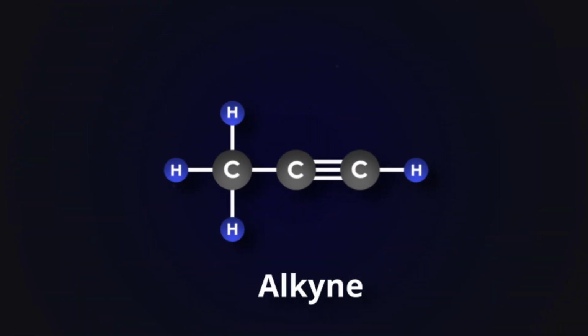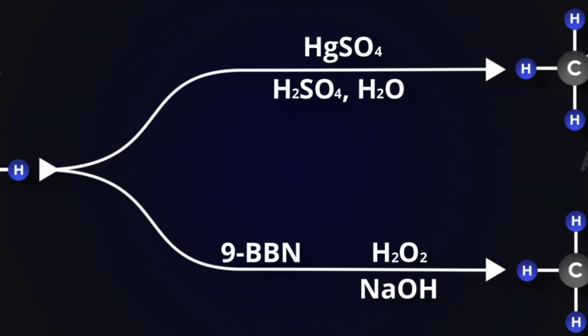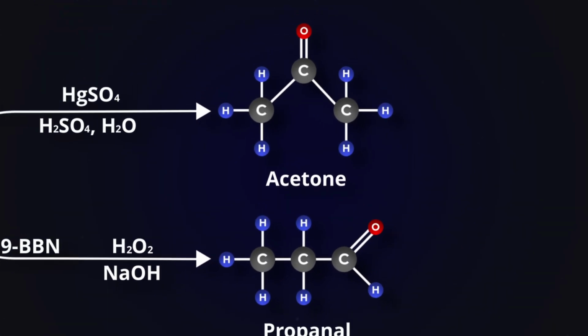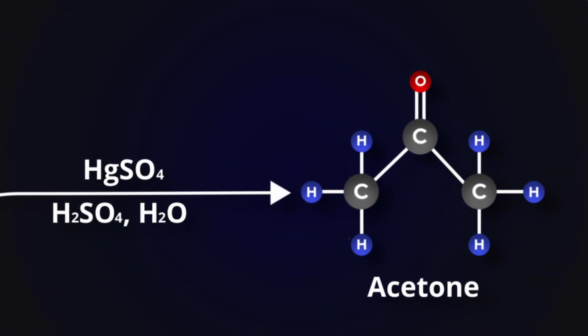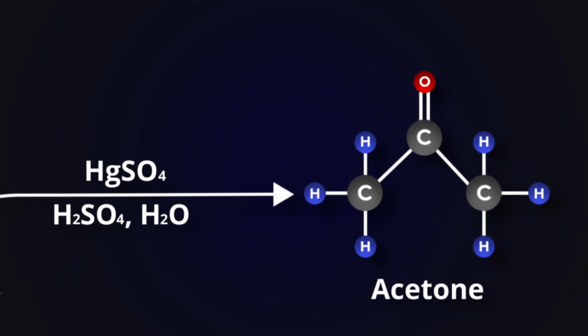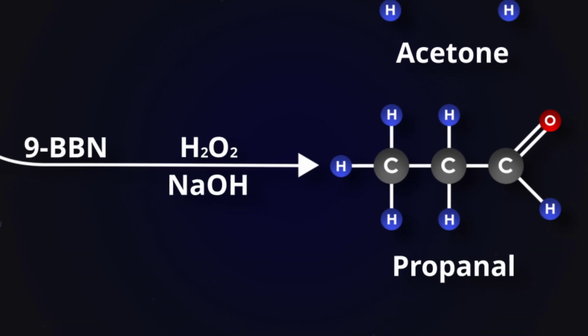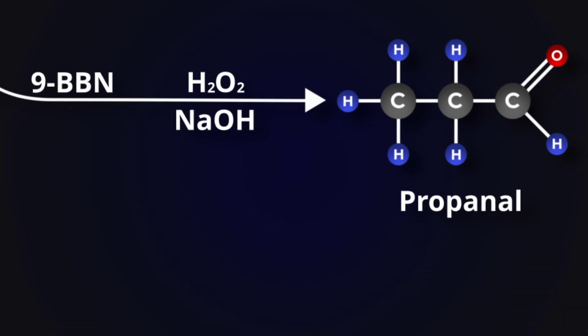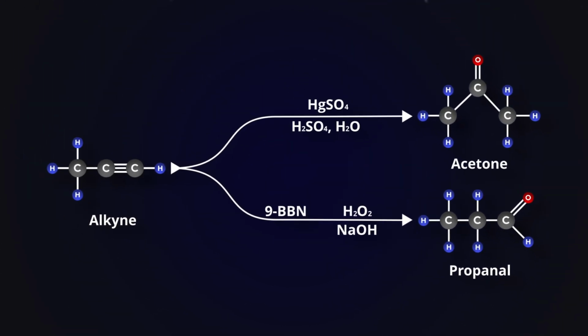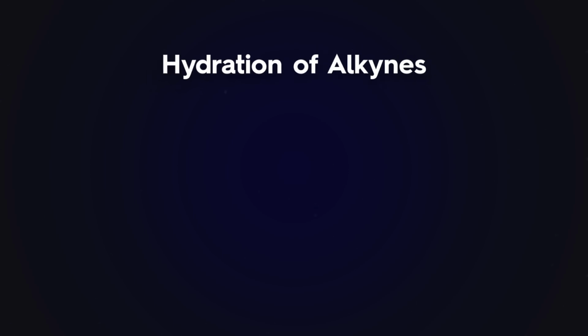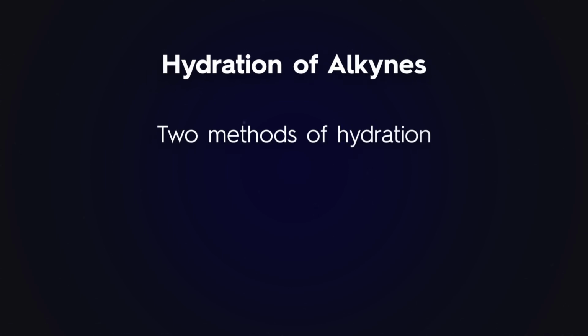One starting alkyne, two reagent paths, two different carbonyls. With mercury 2+ catalyzed hydration, you get a methyl ketone. With hydroboration-oxidation, you get an aldehyde. Same skeleton, flipped regiochemistry. In this video, you'll learn the two main ways to hydrate alkynes, why both pass through